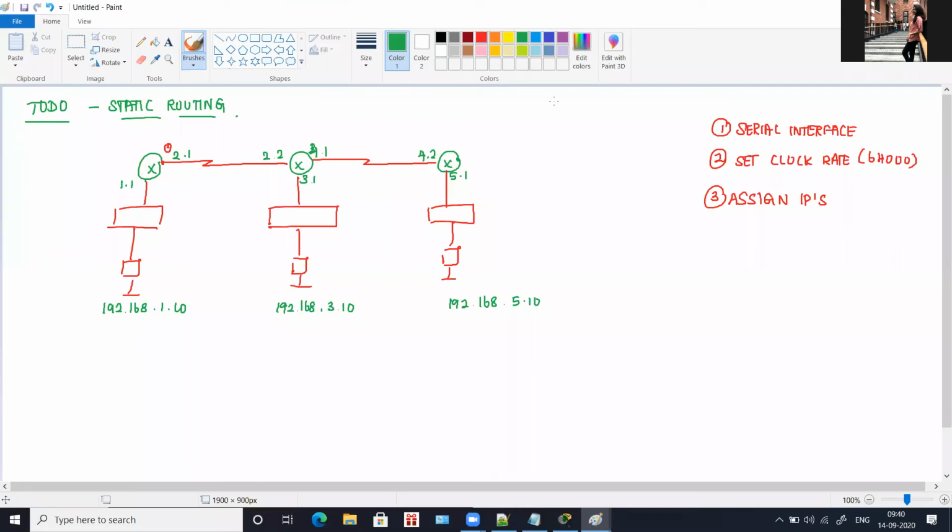Then the fourth step which you have to perform is the static routing. For static routing, you will open each and every router. So you have to open router A, go to config and choose static and start adding your unknown networks along with your next hop IP. And then go to router B, again do the same process. Then go to router C and again do the same process. So once this is all done, your final fifth step will be to verify.